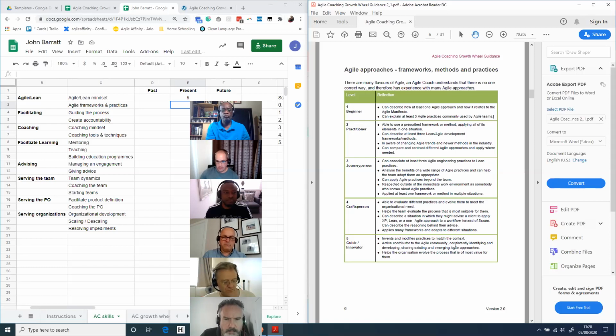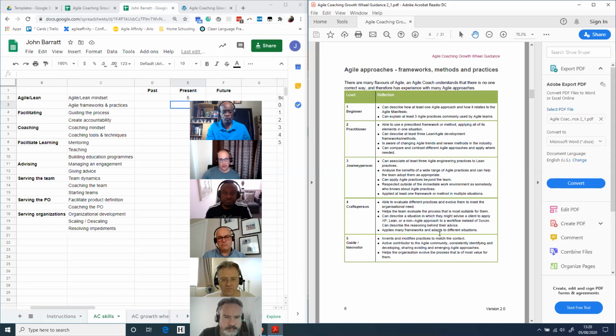So here we've got invents and modifies practices to match the context, active contributor to the agile community, consistently identifying and developing, sharing existing and emerging agile approaches, and helps the organization evolve the process that is most value to them.